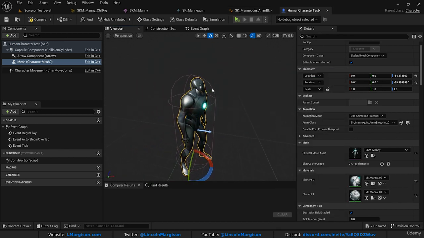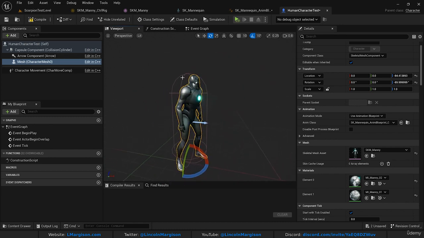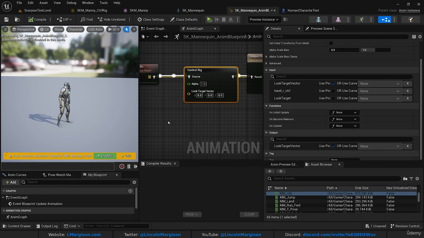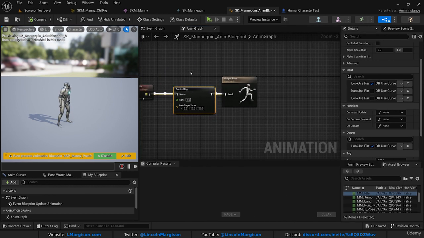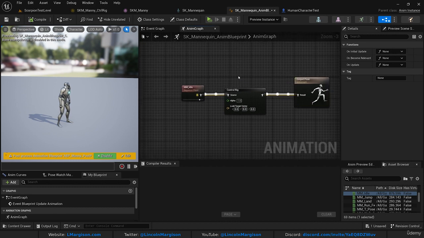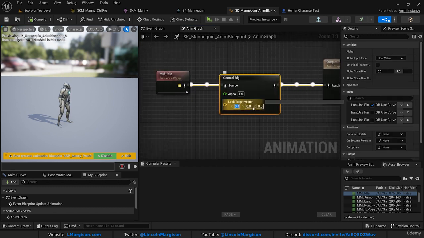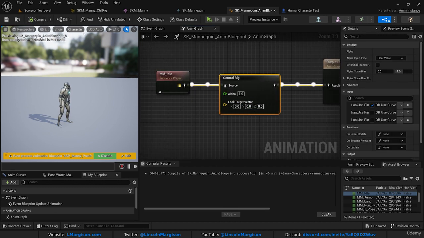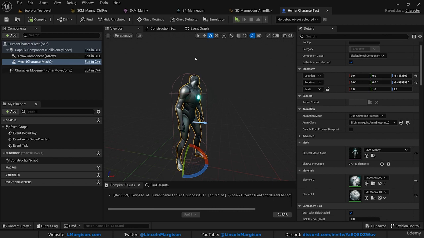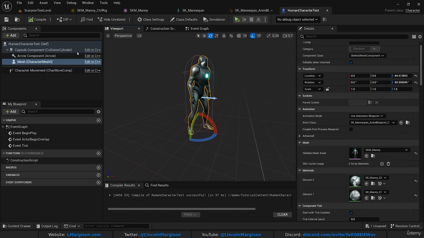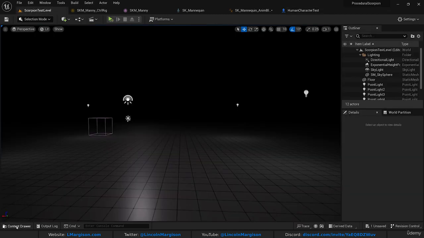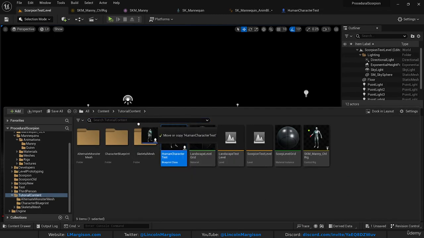And now you can see that his head is having some troubles. So we can compile, save. So now it's using this animation blueprint, but we've not got anything plugged in to this look target vector. So for now, let's just leave it at 0, 0, 0. And whilst here it doesn't look good because it's targeting 0, 0, 0 in this space, but if we drag him into the viewport,